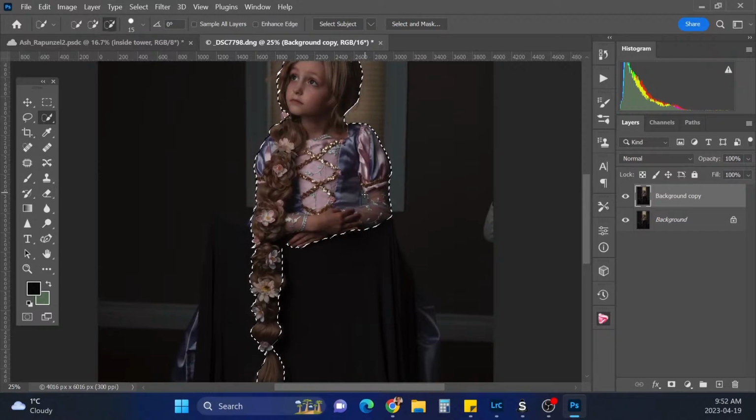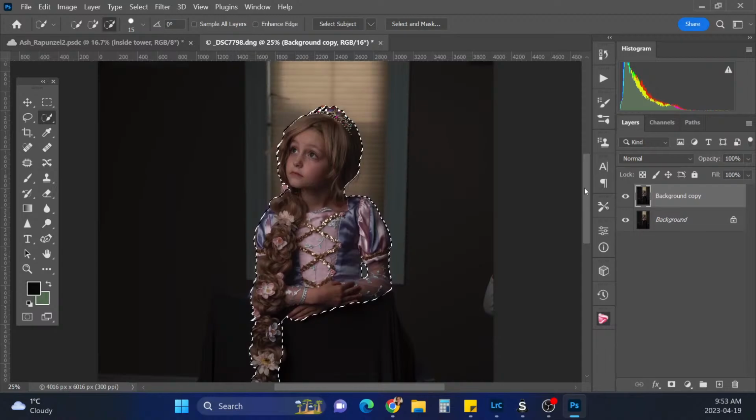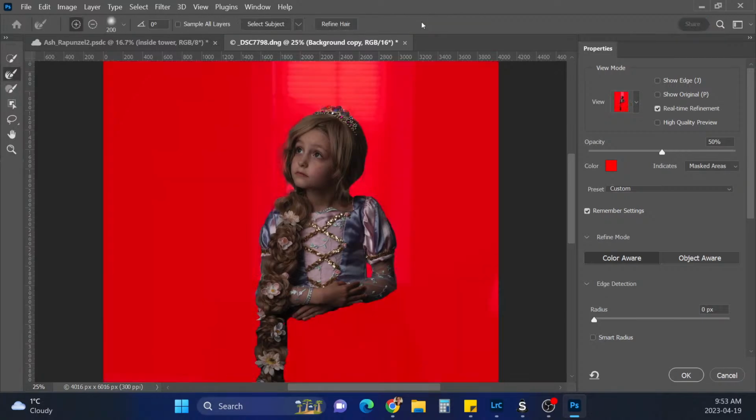And we are also going to just kind of see if we can get this part between her arm out. And let's see what else we got here. All right, so now we're going to go to select and mask up here at the top.